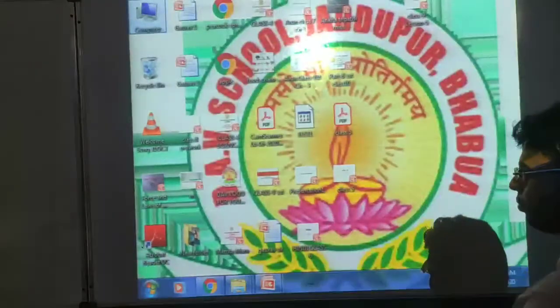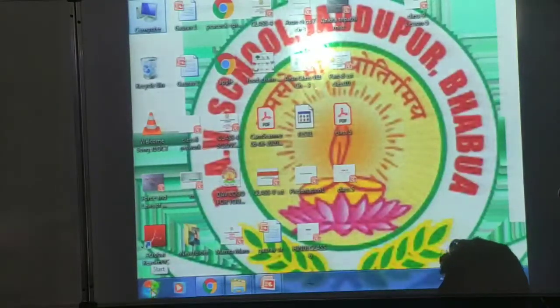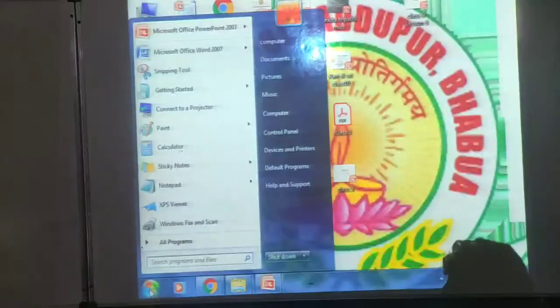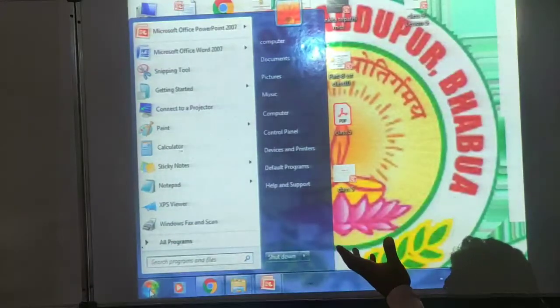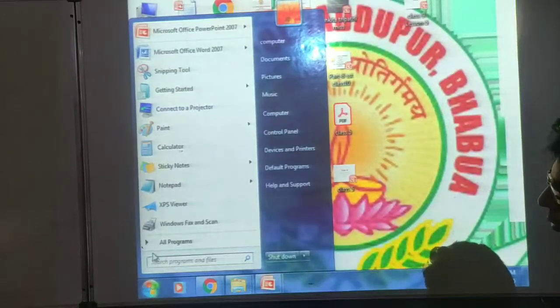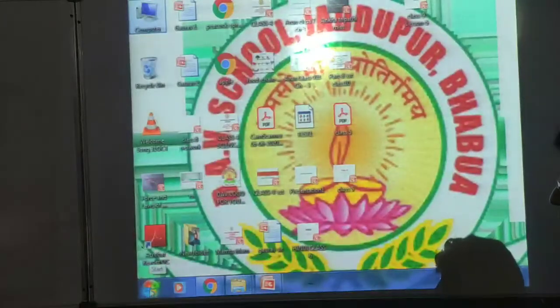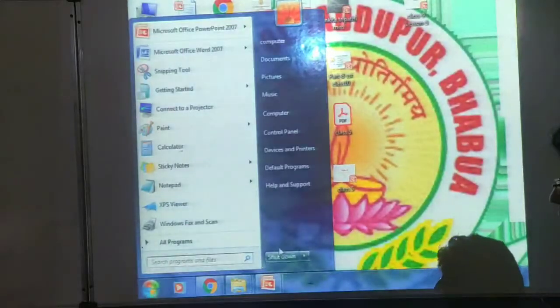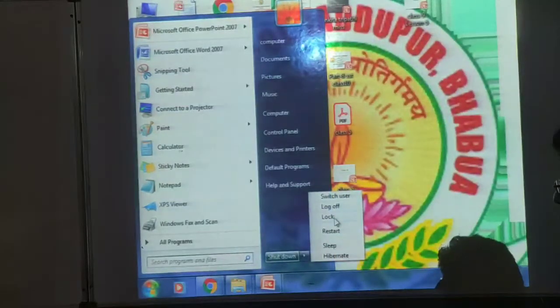You can see that this is the start button. You can see that this is a different type of view you are getting according to the operating system. जैसे Windows 7 हम लोग यूज कर रहे हैं, तो यहाँ पे सिंपली स्टार्ट बटन पे क्लिक करना है, यहाँ पे शटडाउन ऑप्शन मिल जाता है, या फिर यहाँ पे एरो है, इस पे भी क्लिक करेंगे तो बहुत सारे ऑप्शन यहाँ पे मिल जाता है. इस सभी का अलग अलग मतलब है, मैं इसको भी आपको एक बार इंट्रोड्यूस करवा देता हूँ.